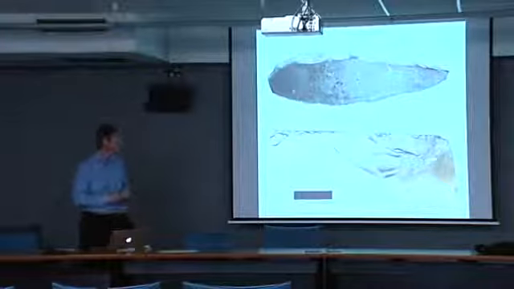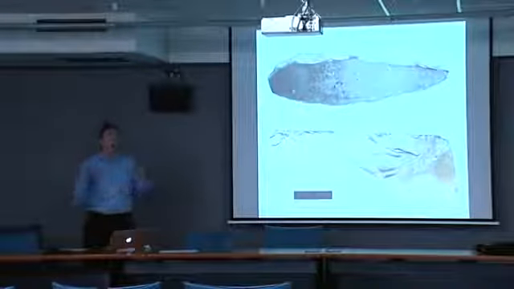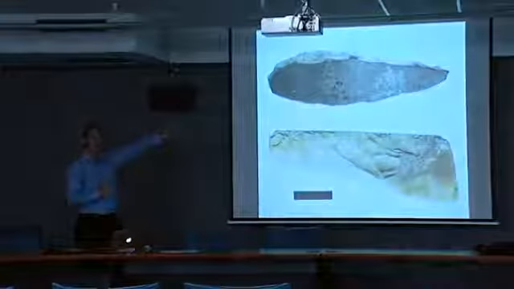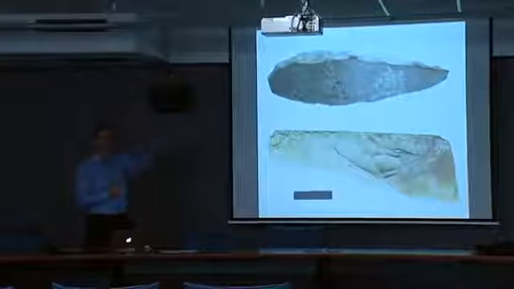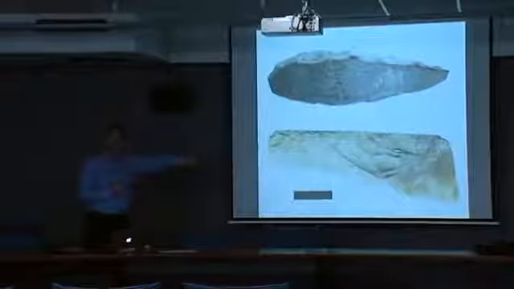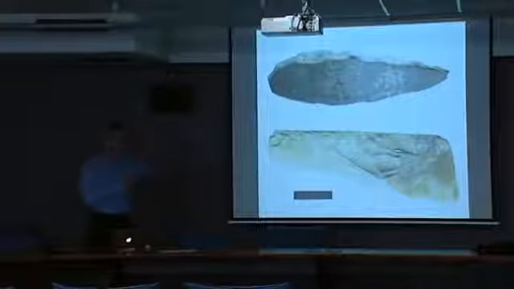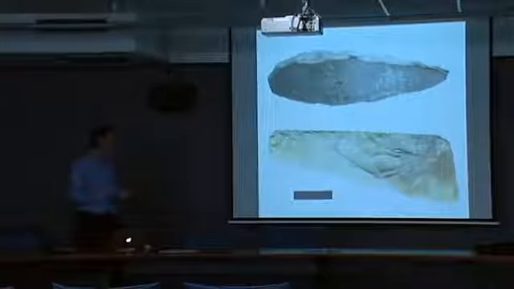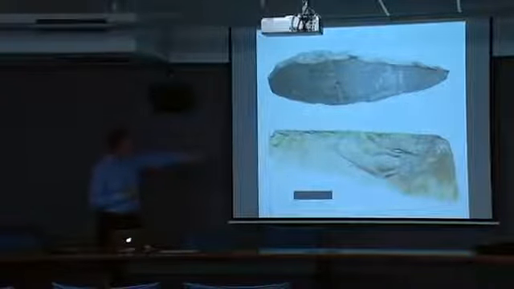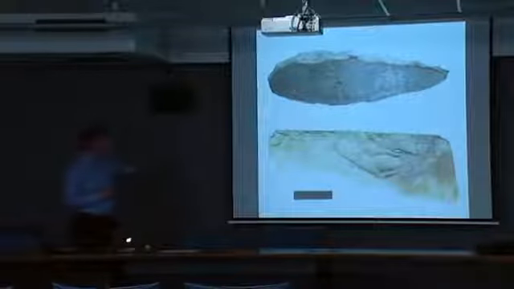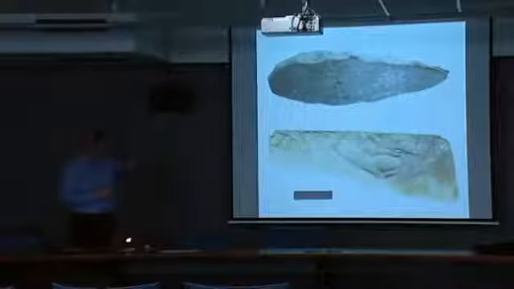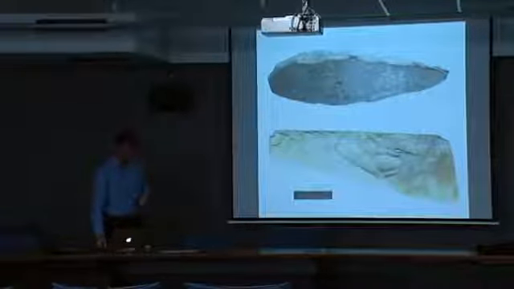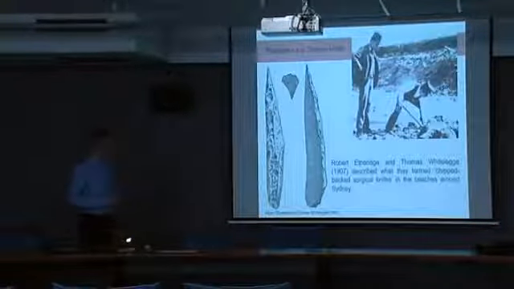And the second thing I would say is that, of course, talking to an audience who's highly skilled, you'll all recognise that it's a retouched backed item at the top and an unretouched ridge straightening flake off a core at the bottom. But of course, it's very common when you go through museum collections that many of the unretouched things that have lots of scars on the dorsal ridges have been mislabelled, and hence the reason why trusting the counts published in the literature is not always a good idea.